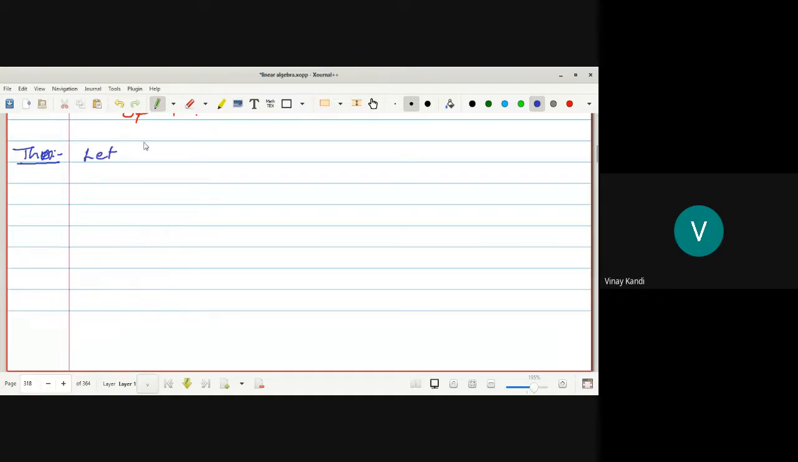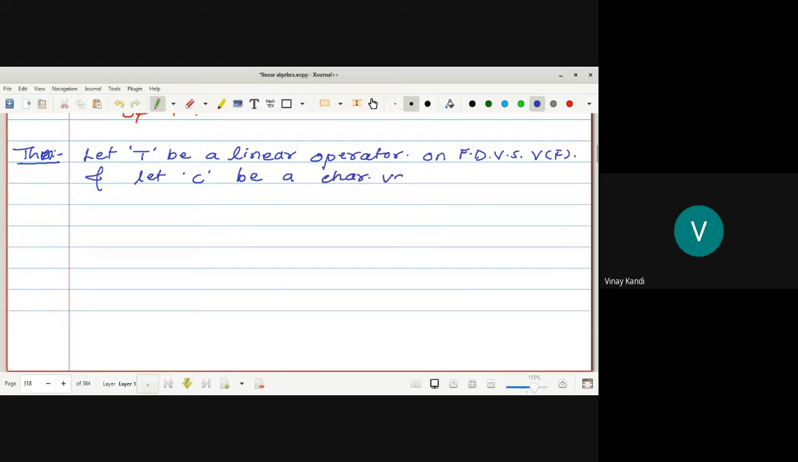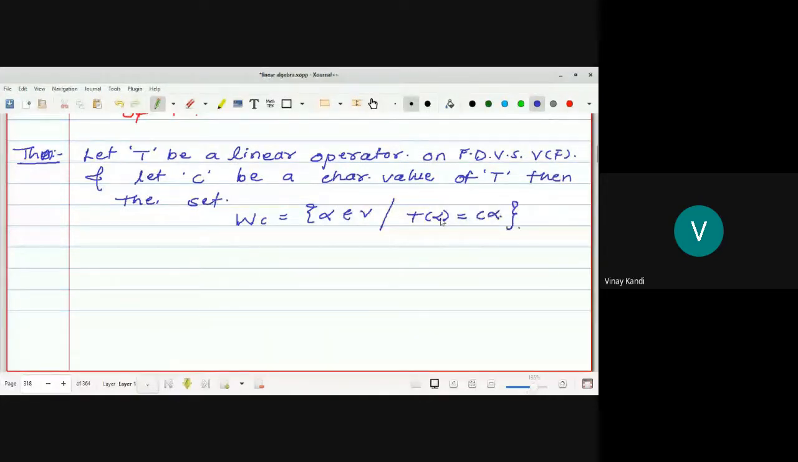Let capital T be a linear operator on a finite dimensional vector space V over F. And let capital C be a characteristic value of capital T. Then we have to show that the set, which set? The set denoted by WC, that is equal to alpha belongs to V such that T of alpha is equal to C alpha. What is the set? The set of all characteristic vectors corresponding to the characteristic value C. Is it a subspace